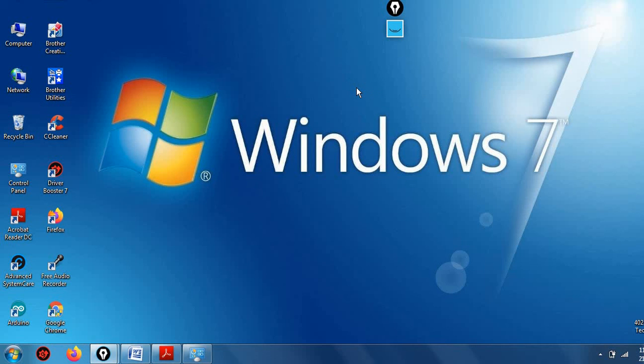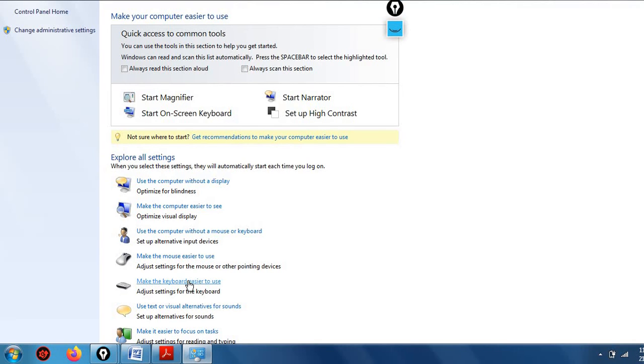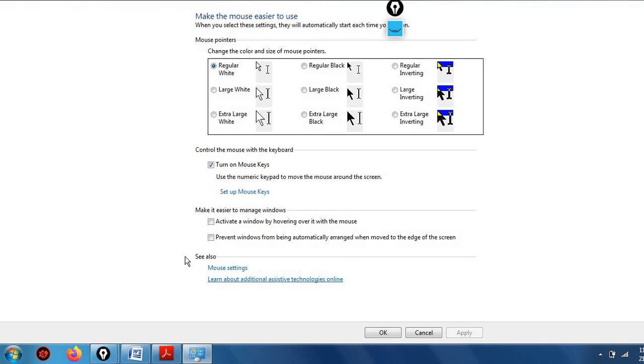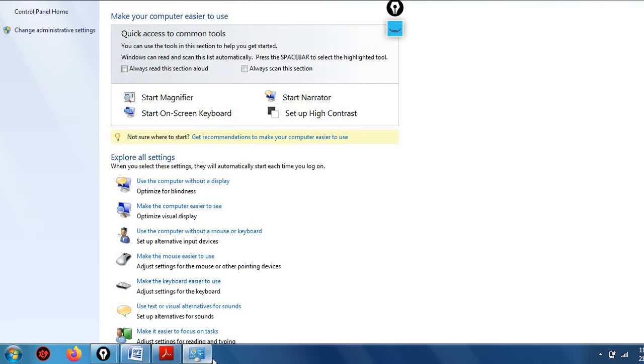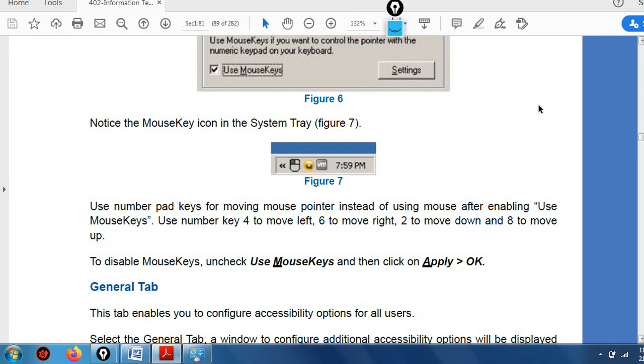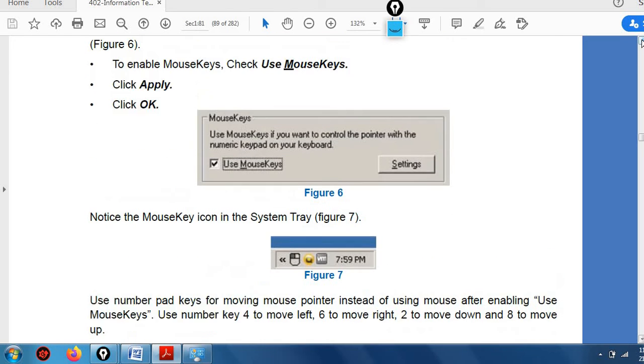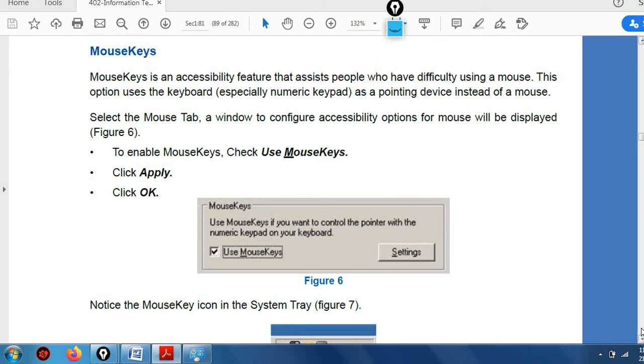So these all are the features. I can again deactivate it. Okay. So what happens in case of the mouse? A disabled person who is having a problem can use the mouse with the keyboard.